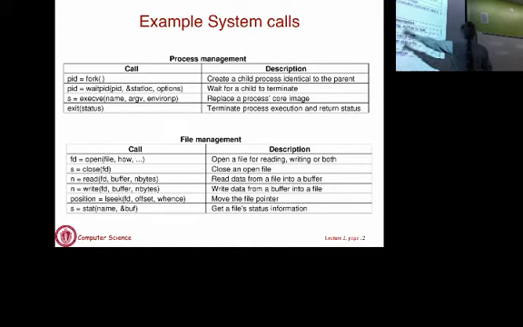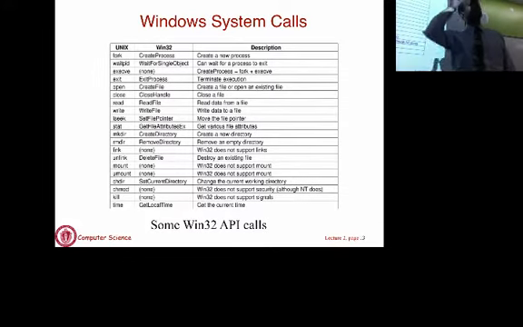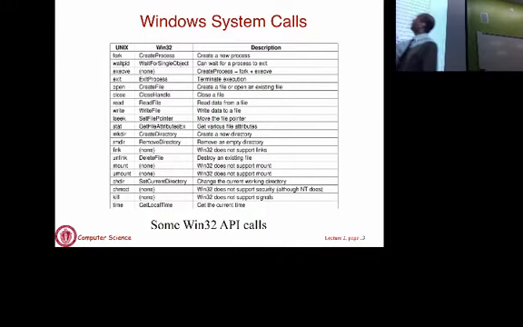Now, file management is another set of system calls. Opening a file, closing a file, reading from a file, writing to a file, moving the file pointer. All of those are actually system calls. Okay. You all have equivalent operations for these within a language, but internally they will all invoke this underlying system call. These are all Unix system calls. Depending on the OS, you'll have other similar ones in other platforms. So these are similar system calls in Windows. You will see that in Unix, what is called fork is called create process in Win32. Okay? And so on.